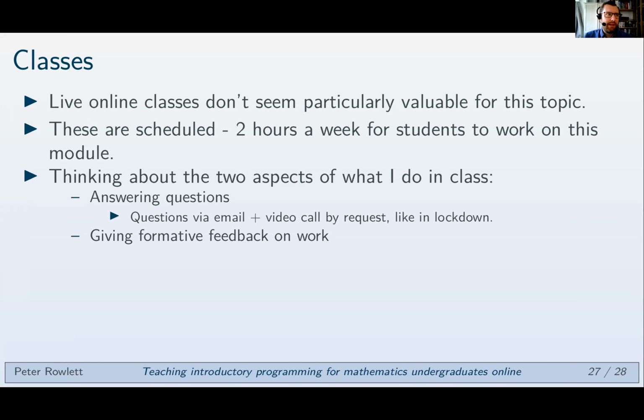Earlier today, I've just realized I tweaked these notes, but I didn't rerun the PDF. But anyway,